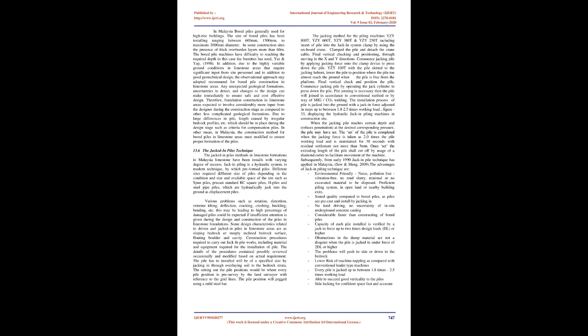13.6 The jacked-in piles technique. The jacked-in pile methods in Malaysian limestone formations have been installed with varying degrees of success. Jack-in piling is a hydraulic system, a modern technique, by which pre-formed piles